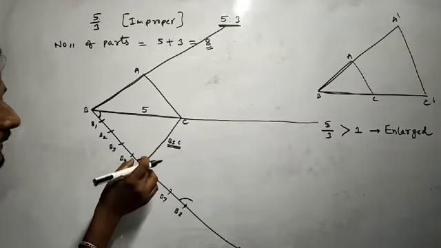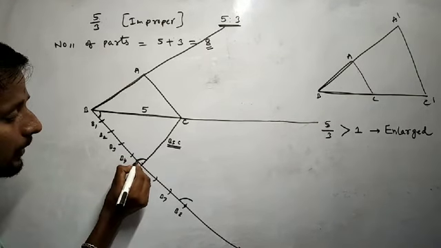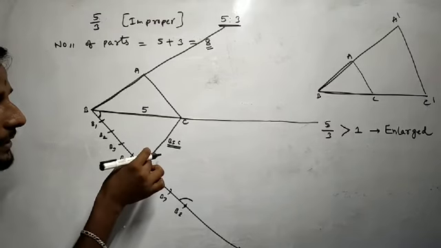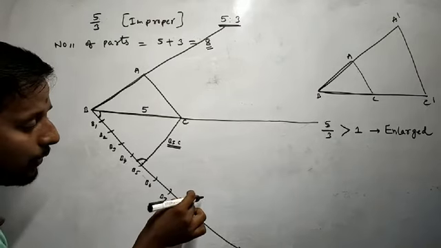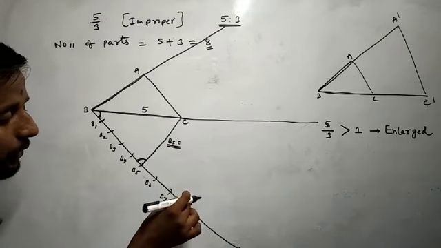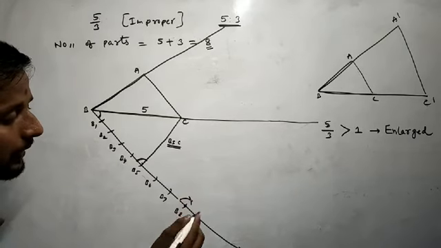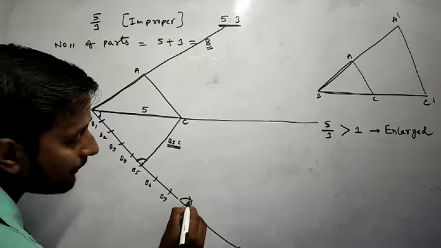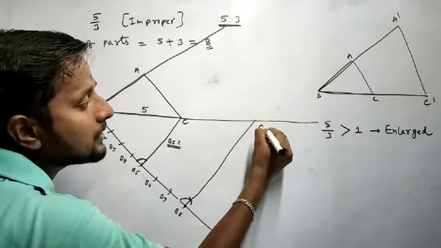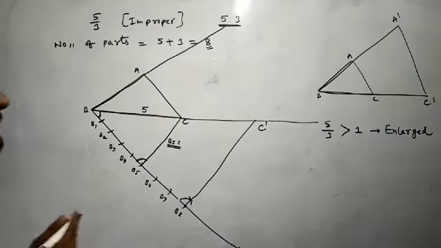Now measure the gap between the starting point and ending point of the angle. Look at it, measure with your compass. Same thing, you can make an arc with the same measurement here. Then extend B8 with the help of a ruler, and wherever it cuts the line, that extended line, that is C dash.